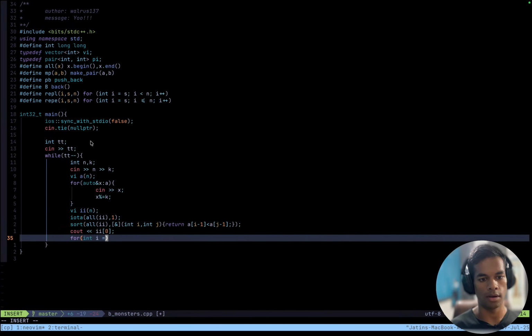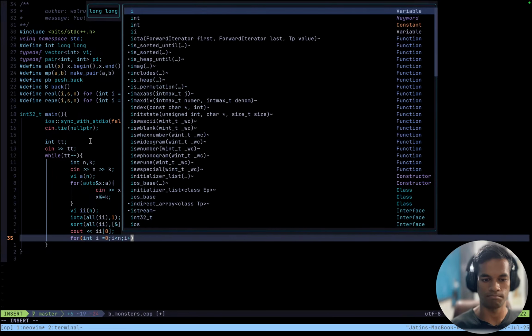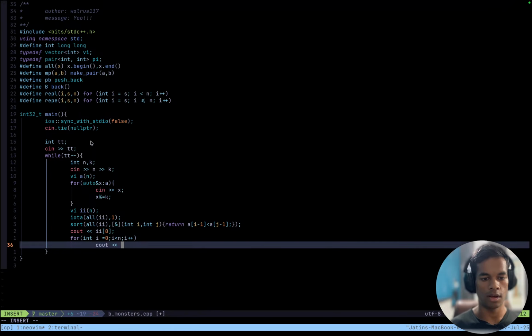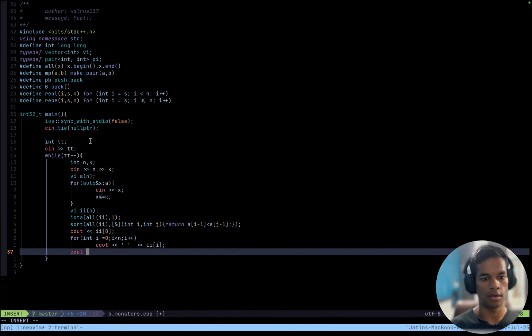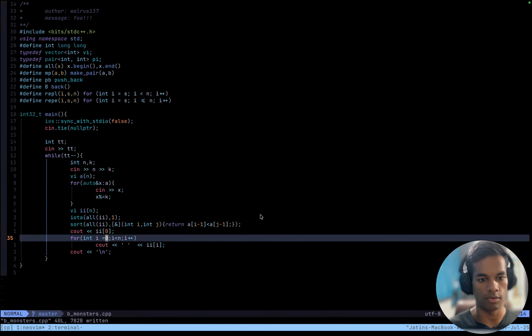For int i equals 0, i less than n, i plus plus, and then cout a space and then i, and then at the end a new line. And wrong answer. Okay, that is wrong, because I'm starting at 1.